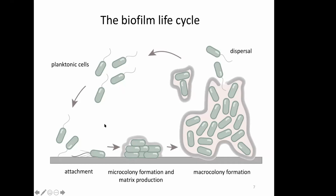I'm showing here just a single bacterium, but this can really be a complicated community of many, many bacteria, many species of bacteria. Eventually, this will get so big that it will either run out of food and oxygen, and the bacteria will release themselves by making enzymes that degrade this matrix, or